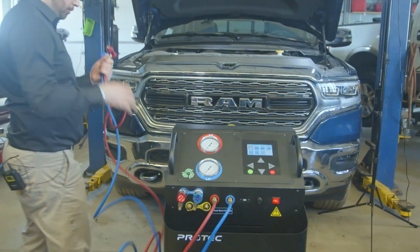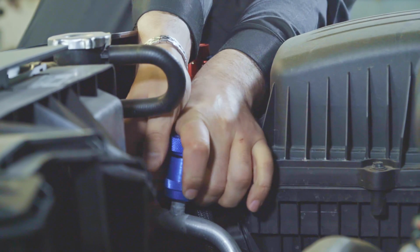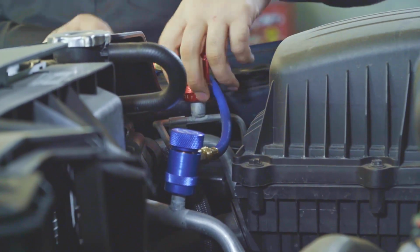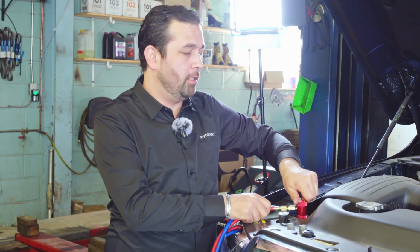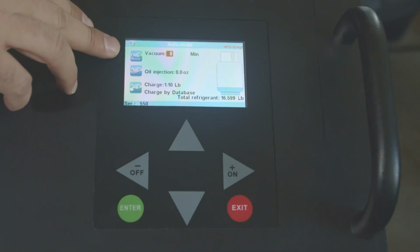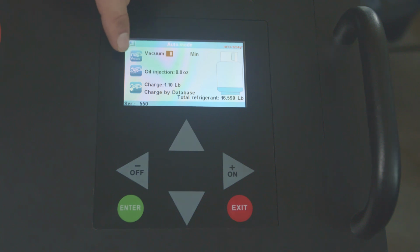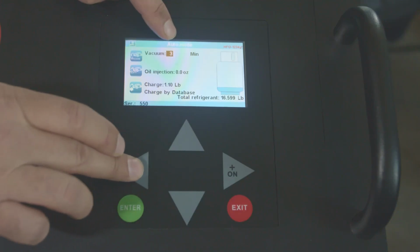Now we're gonna hook up the machine to the vehicle. When you connect the lines, make sure you give them a tug so they're properly connected, and go ahead and open the fittings. We're gonna do an auto mode this time. It asks us how much time we want for vacuum, so we can set the vacuum time. Oil injection, how much oil we recovered, and we can put that amount here, and how much charge, or we can charge by database. Since we know this vehicle has no leaks, it's a brand new vehicle, we're gonna do a vacuum for 2